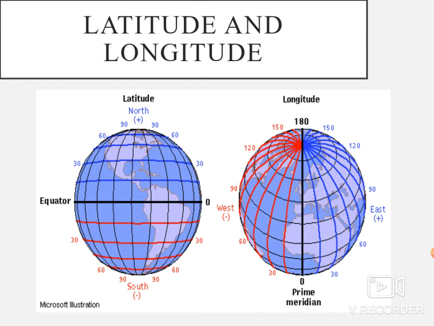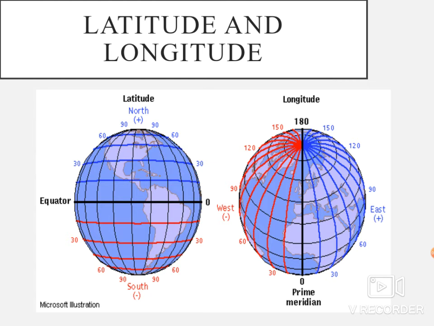The full horizontal circles are called latitudes. The length of the parallels decreases as we move away from the equator towards the poles. The North Pole and the South Pole are points. There are 180 parallels of latitude in total, 90 in the northern hemisphere and 90 in the southern hemisphere. The North Pole is written as 90 degrees north, the South Pole is written as 90 degrees south, and the equator as 0 degrees.